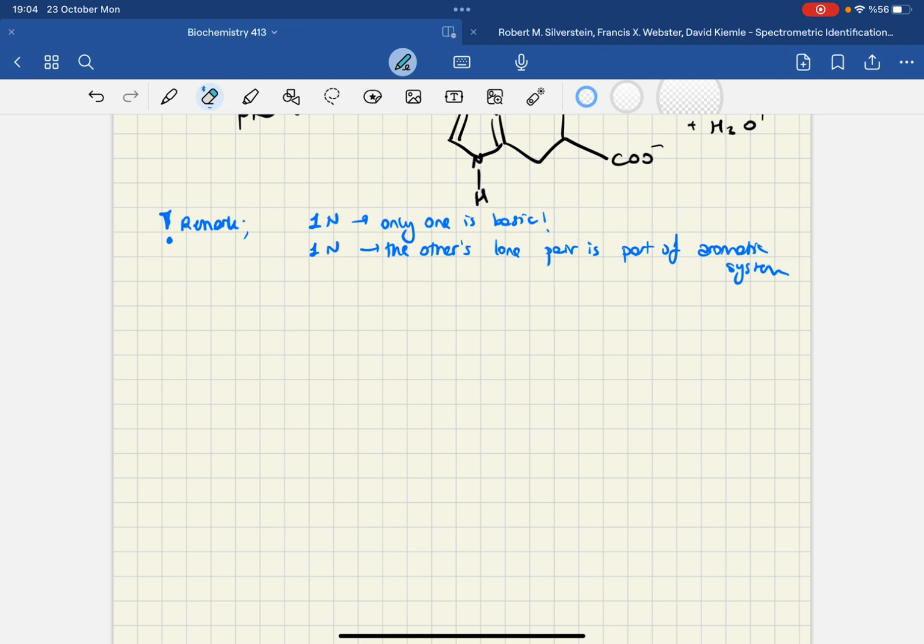And now let's continue. The imidazole group of histidine is a heterocyclic aromatic amine. Only one of the imidazole nitrogens is basic, the other's lone pair is part of the aromatic system. And these are the things that we already discussed. And then